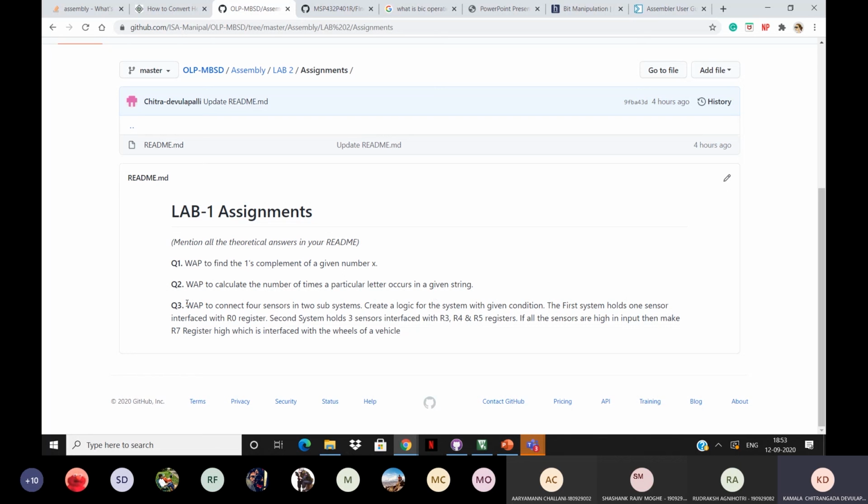And the third one is pretty simple. I just included this, I think, to help you understand that this is not only going to be just simulation on Keil. Practically, this is how people use it. So if 5 of your sensors give you an input and you have certain conditions, then run the conveyor belt.